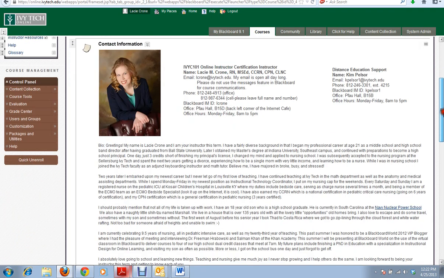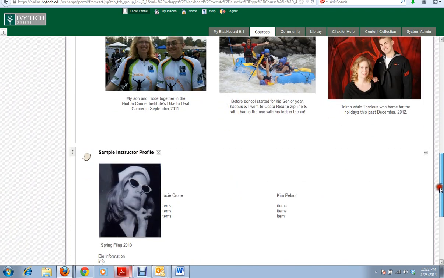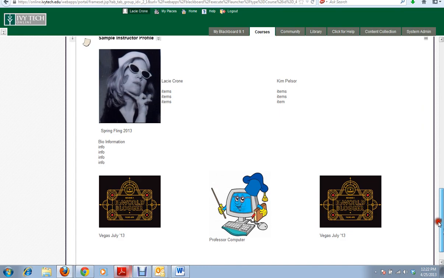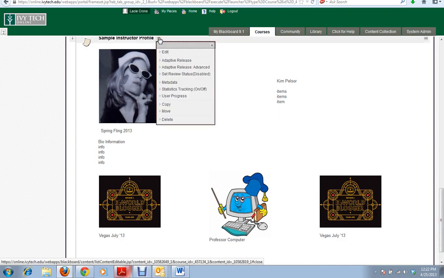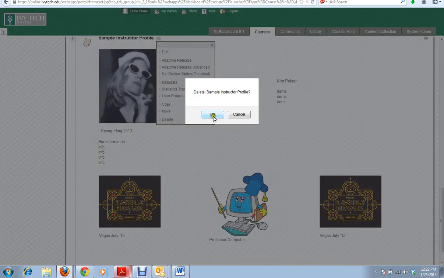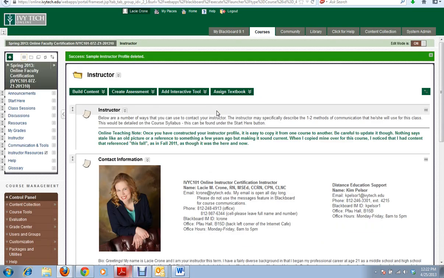So having a little tiny knowledge of HTML is helpful when you do that. And so now I'm going to get rid of this because it's really goofy looking. So I'll just delete it altogether. And that is how you